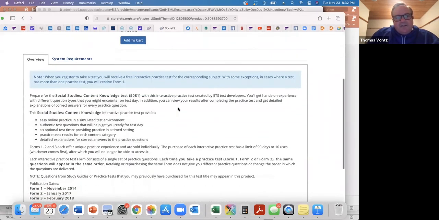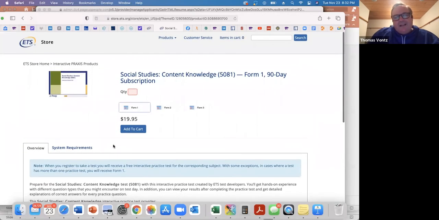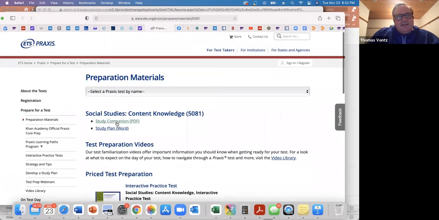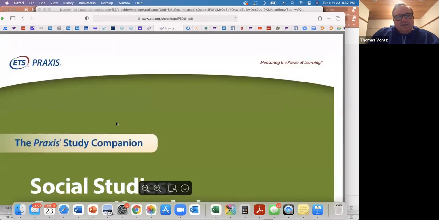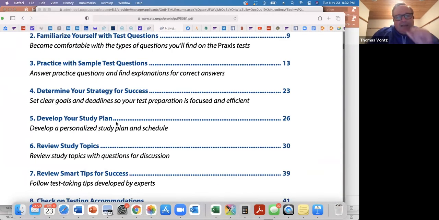My daughter is a social studies teacher, and oh, see, these are the actual old tests from 2014, 2017, 2018. So there's nothing like taking the real thing. And then there's also this study companion thing, which is good because it kind of tells you what's on the test